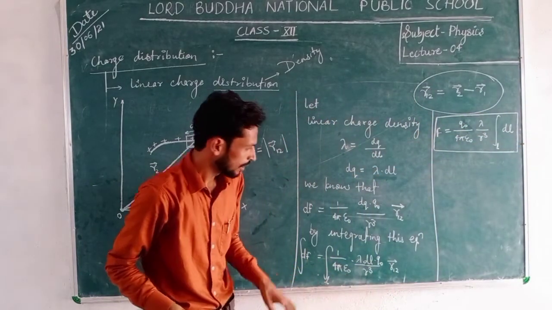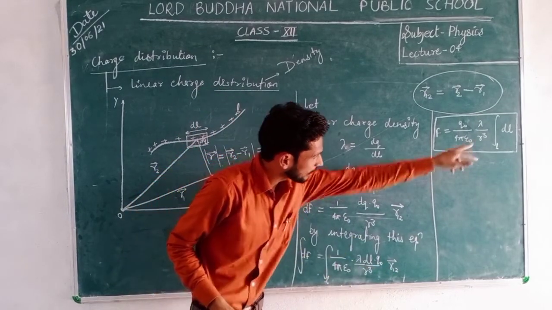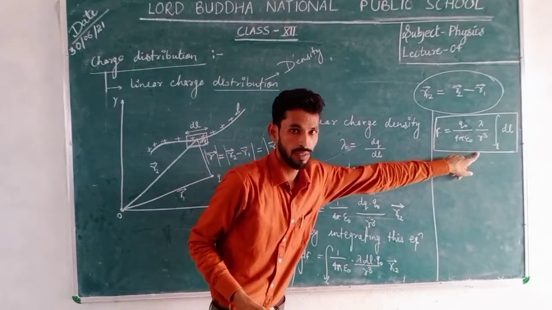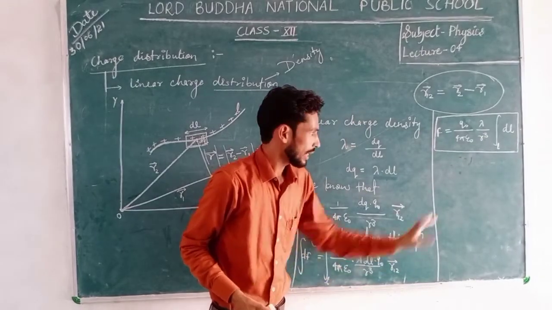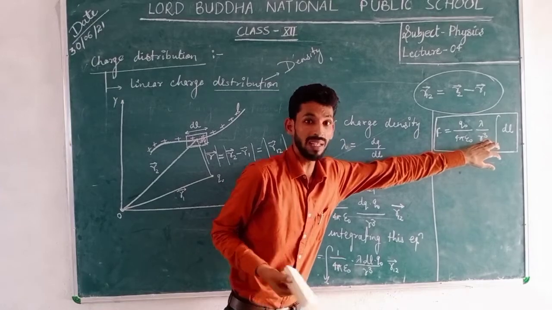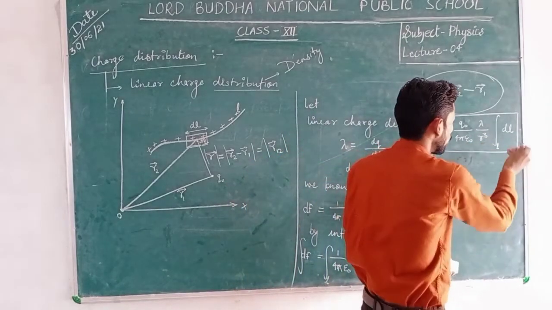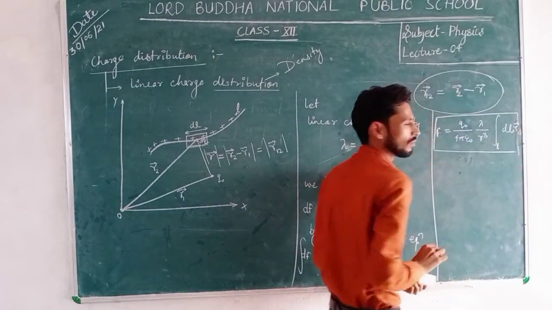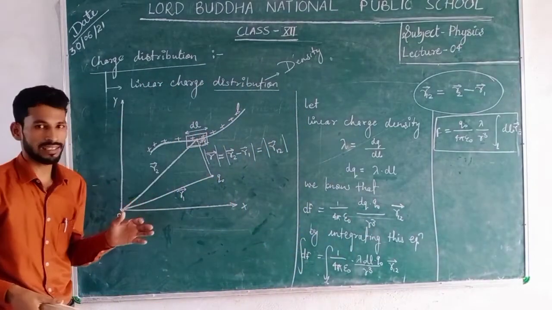In this case we have a question: vector r12 we are not writing here, but why? Because this is the integral form. If we are taking square, then we can remove this. If we are not removing this term r cube in place of r square, if we want to write r cube only, then you can also write vector r12. Clear that? This is the formula for the linear charge density.